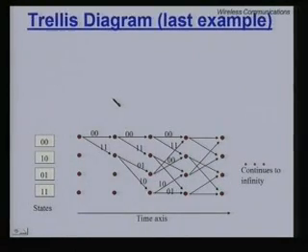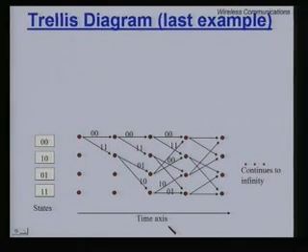But another way to represent the same information of the state diagram is to use a trellis diagram. What is a trellis? A trellis is a semi-infinite structure, starts from here, but extends up to infinity. It has a certain number of states. In our example, there are 4 states 0 0, 1 0, 0 1, and 1 1, and the arrows show the state transition, and the x axis shows the progression in time.